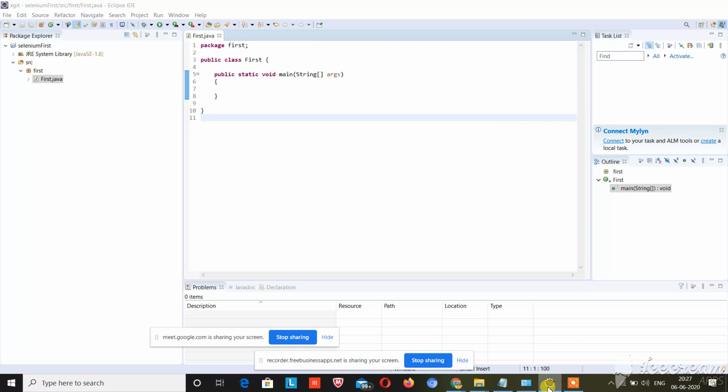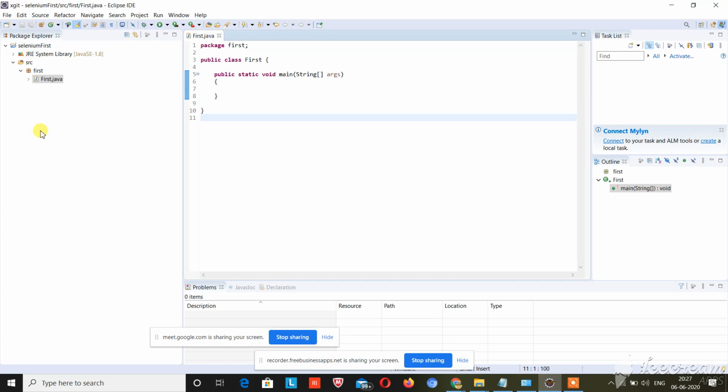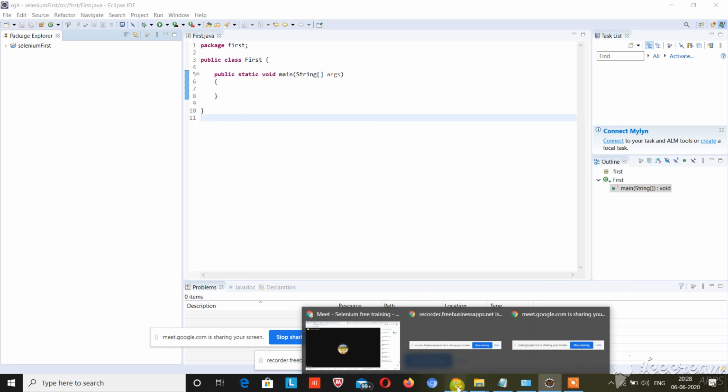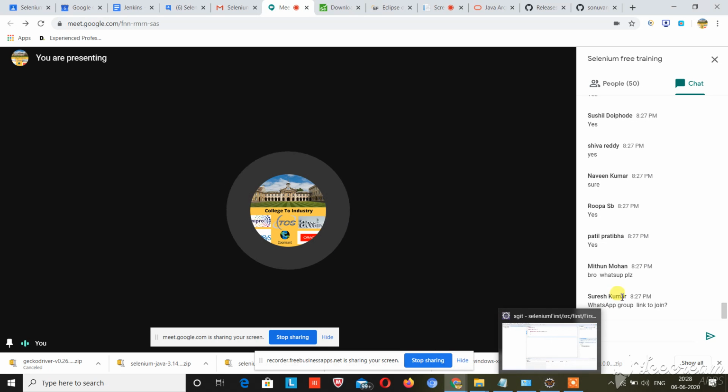So how to import those jars in your project folder? Suppose you can have multiple projects in this Eclipse profile, but for each and every project you have to import and include the libraries of Selenium.